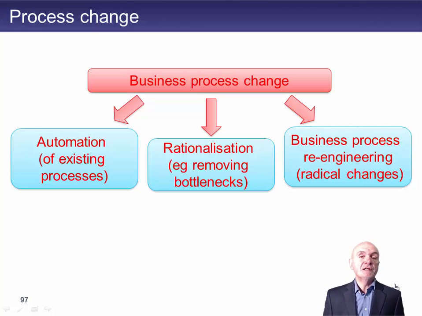We've long seen automation in supermarkets where as you scan items at the checkout, then the stock is automatically depleted in the records. And when the stock comes down to reorder level, then automatically an order is sent out to the supplier, which is essentially what was done under the manual systems. Rationalization takes it a little bit further. It removes bottlenecks. It removes places where the processes could be held up somewhat.